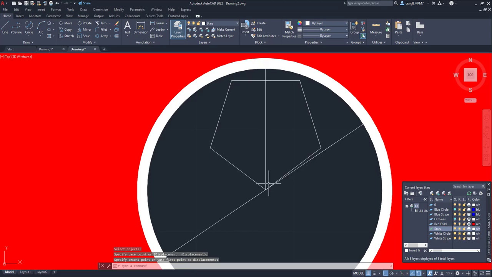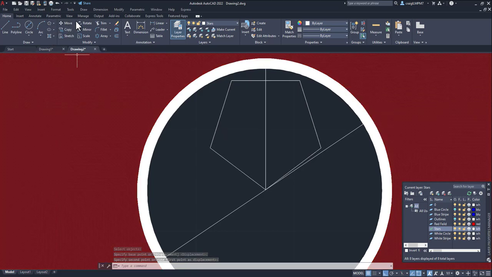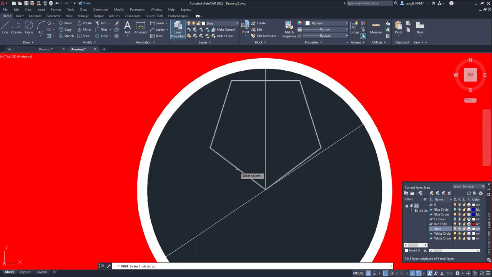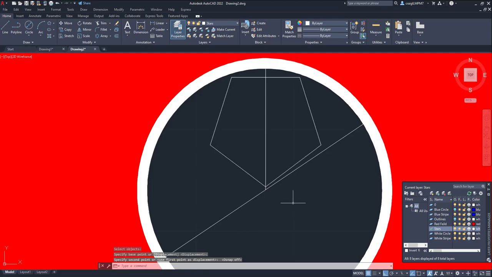Oops. So move object, enter. I'm going to snap to it, and then I'm going to shut my snaps off so it'll quit snapping to things, and that's about the distance I want between everything. So got a little bit of distance up here, a little bit of distance down there, so everything should be good. Now I'm going to delete my 2 construction lines,